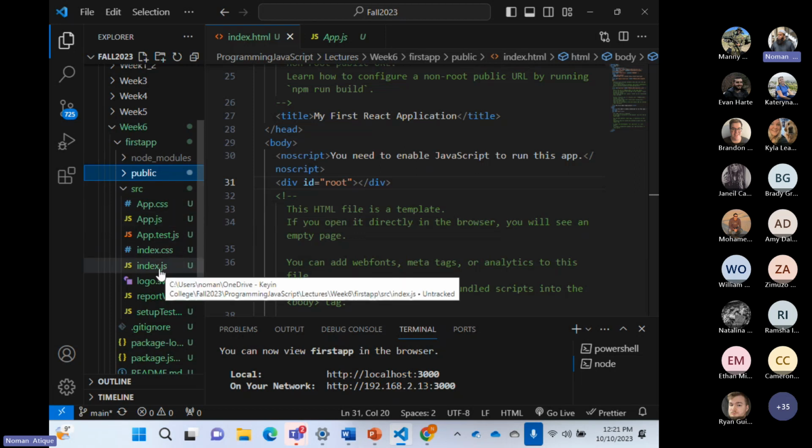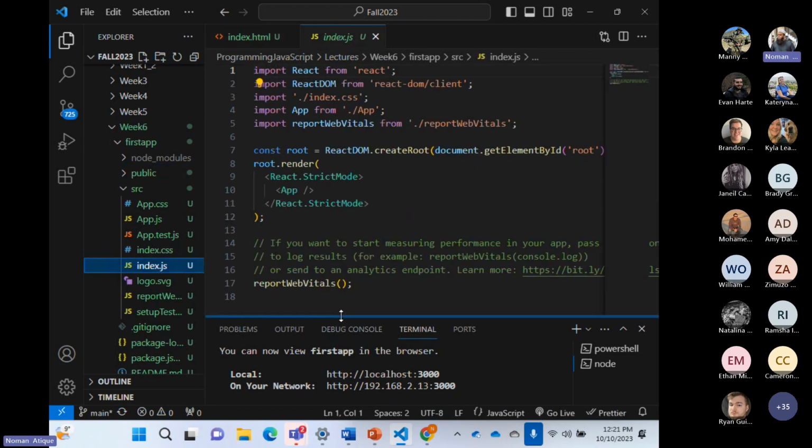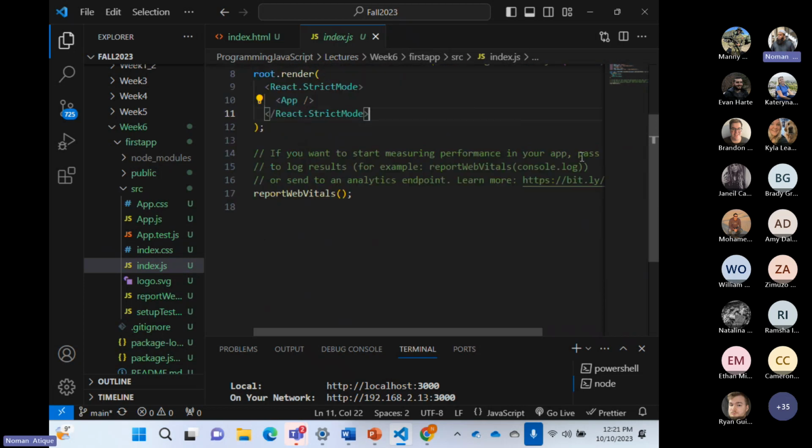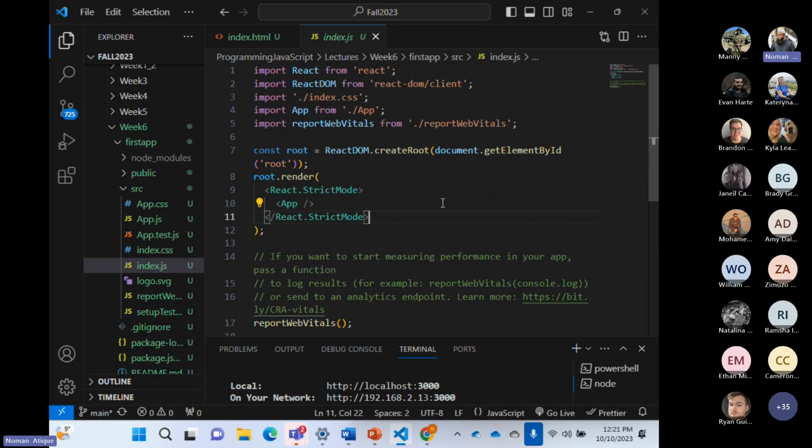If you go to the bottom in the middle of the screen, you will see index.js. If I click on index.js, I want to show you something very interesting. Index.js has an interesting code. It says const root equals ReactDOM.createRoot(document.getElementById('root')). Do you guys remember getElementById? It goes to the page index.html, gets the reference of this root, and somehow creates something called React DOM. It creates a React DOM over there. And after creating it,